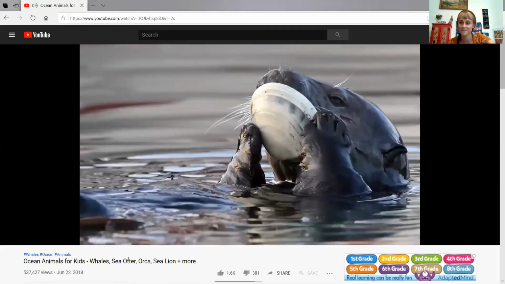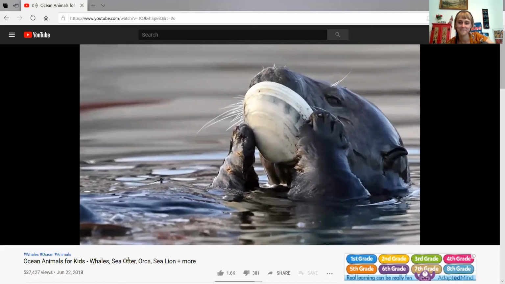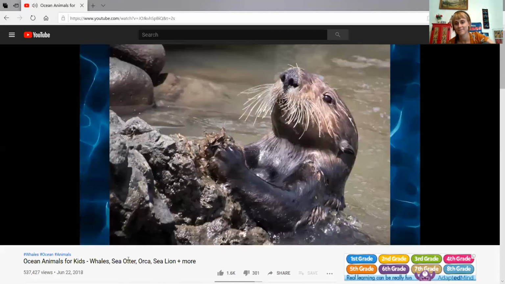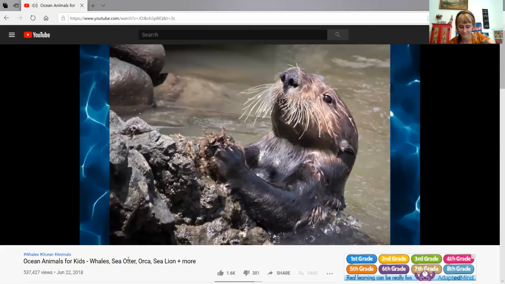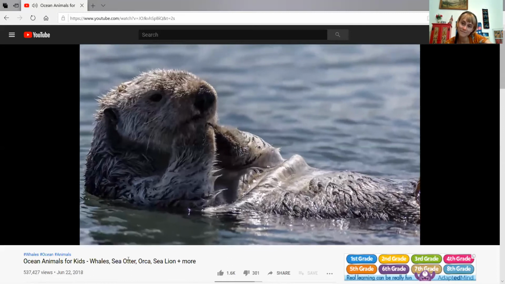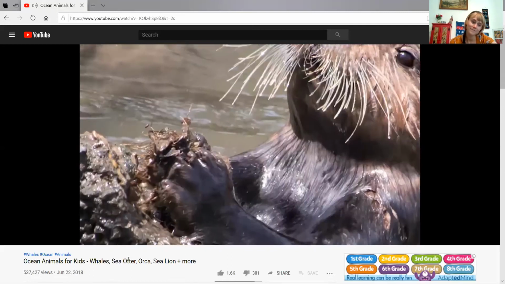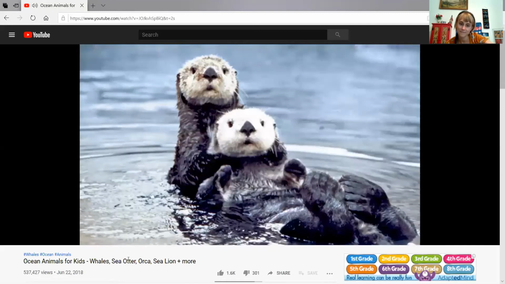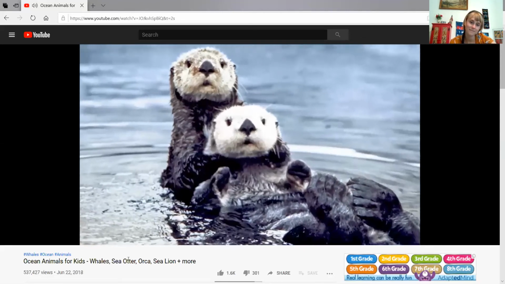Sea otters like to eat all kinds of seafood, including clams, mussels, crabs, squid, and fish. They bring their catch back up to the surface. Then the sea otter floats on its back and eats the food off its tummy. It uses a rock to break open its meal. Sea otters have favorite rocks they carry around with them.